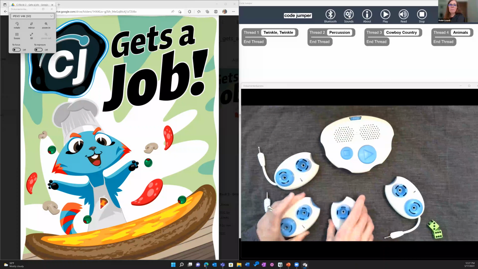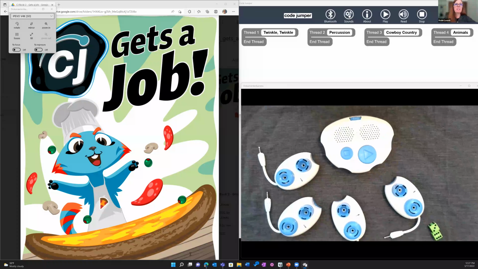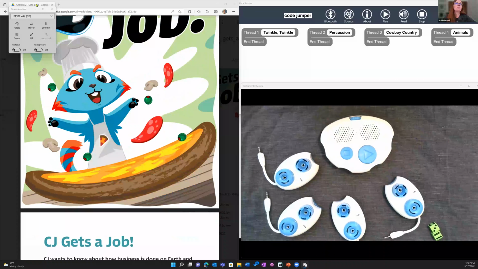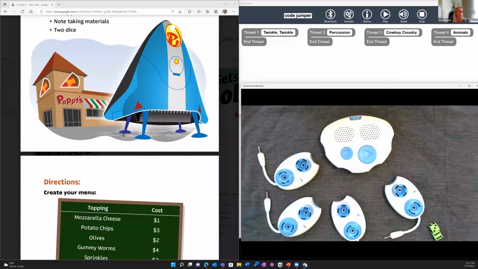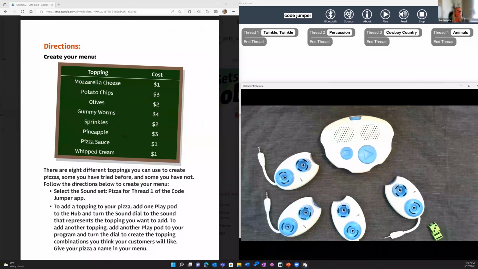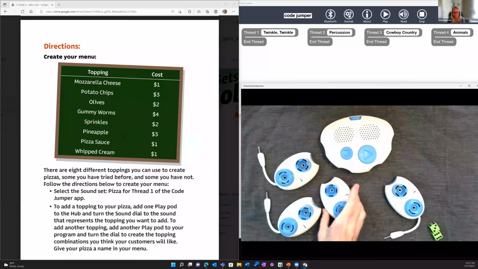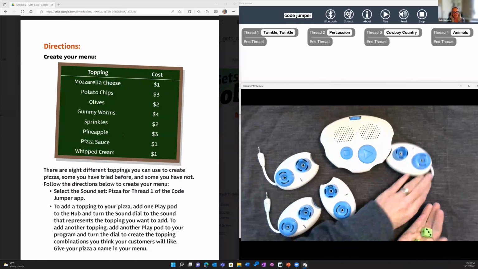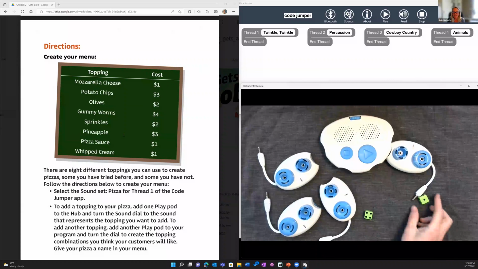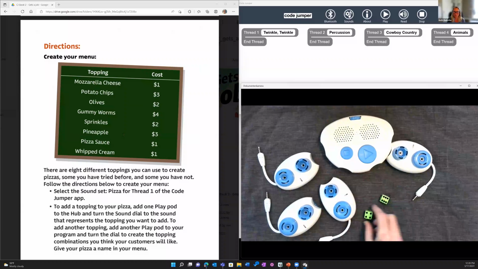And so, Beth, tell us about this amazing CJ puzzle. Yeah, we're just going to go kind of high level, but in general, this puzzle has a menu of toppings, and each topping has an amount that it costs to add that topping to your pizza. Robin has a couple of dice over there. At the beginning of the puzzle, students will roll the dice and get a number, and that is how much money they have total for this round.